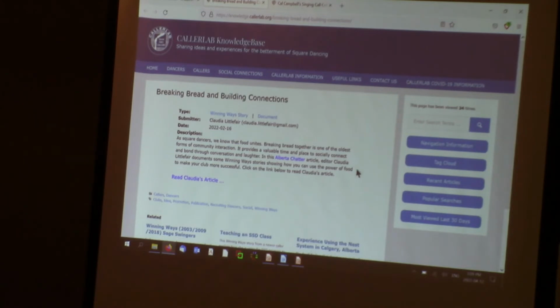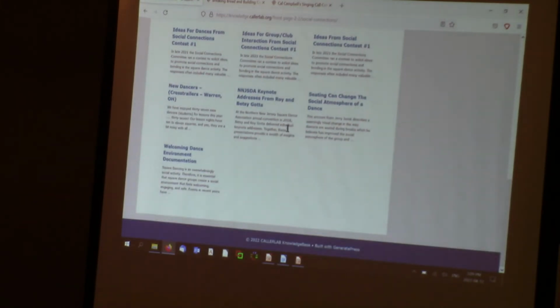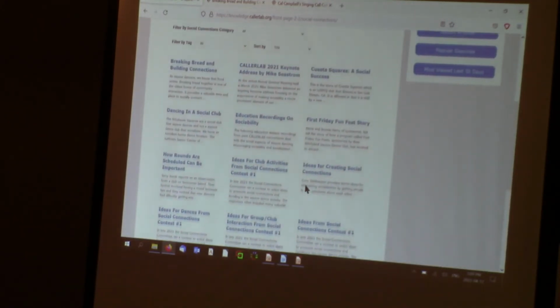This is a collection of articles that Claudia Littlefair, who produces a great newsletter out of Alberta called Alberta Chatter, put together. So we show her article. I'm not going to go into it at this point. But each of these articles focuses on the social connections aspects.